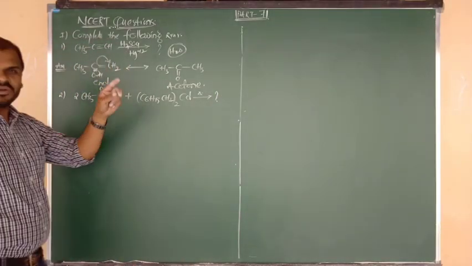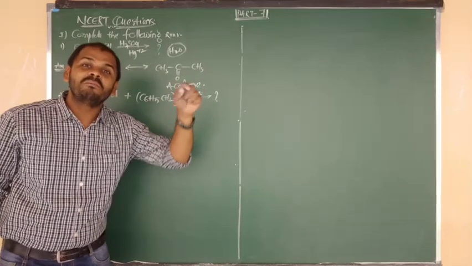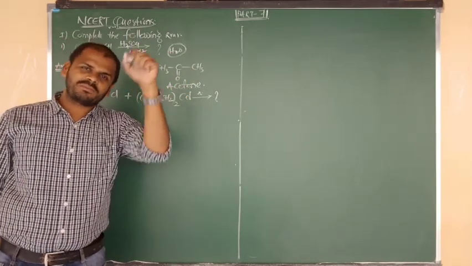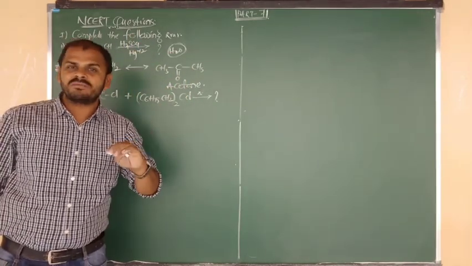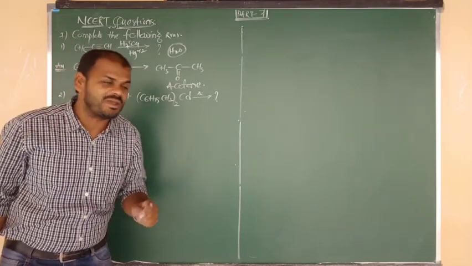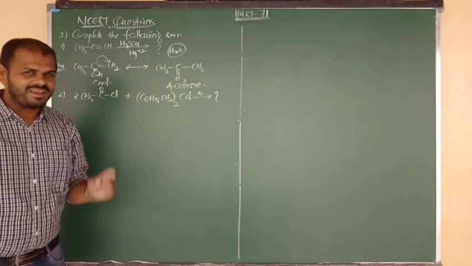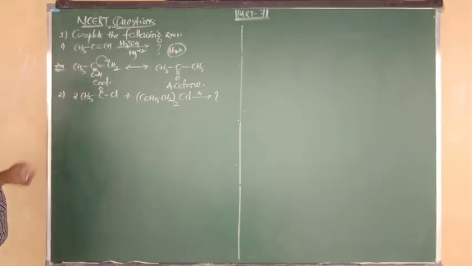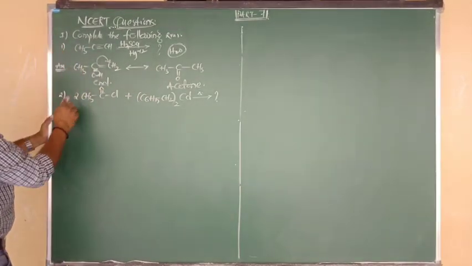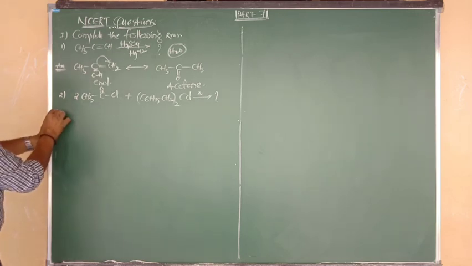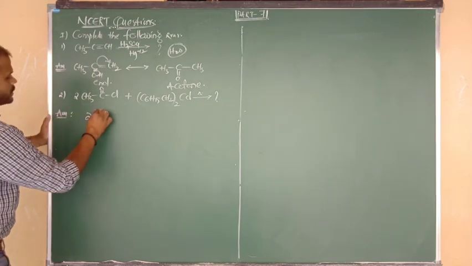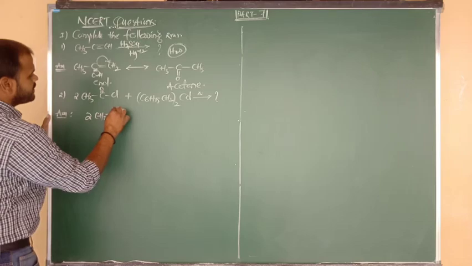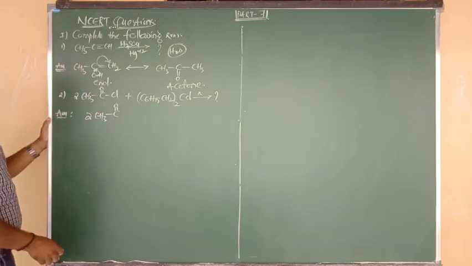So this reaction I told you below method number 1 of preparation, below the Rosenmund method: using dialkyl cadmium. Dialkyl cadmium is a method for the preparation of ketone. Yes, beta, we have studied that. Okay, CH3C double bond O, how many groups are there? 2. So the answer is 2 moles of CH3 bonded to C double bond O.